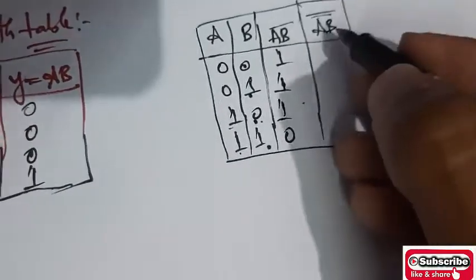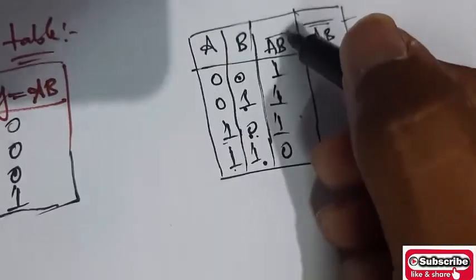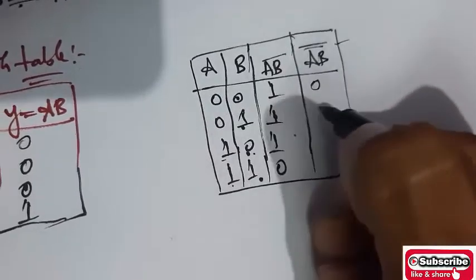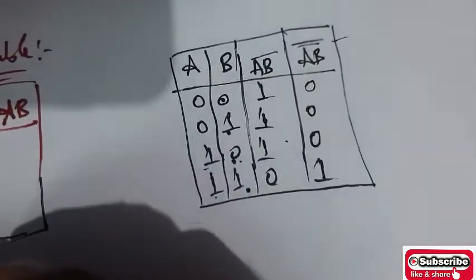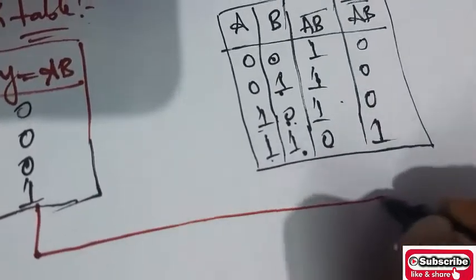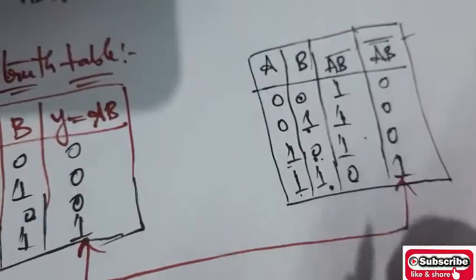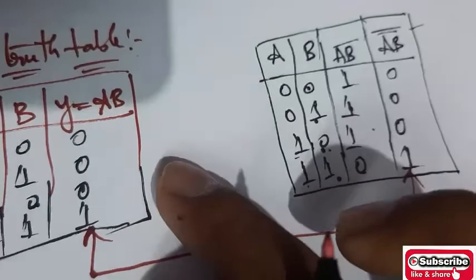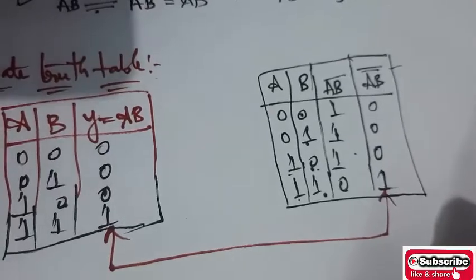And next we can do another complement, right? This will be the single complement, this will be the dual complement. One complement of 1 means 0, one complement of 1 means 0, one complement of 1 means 0, complement of 0 means 1. Here you can observe the output for the AND gate truth table, y is equal to a into b, is same as y is equal to ab double bar, universal gates.